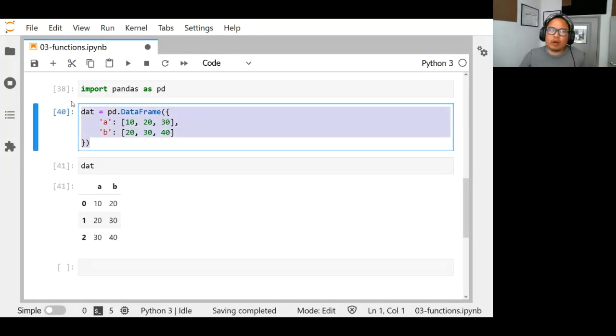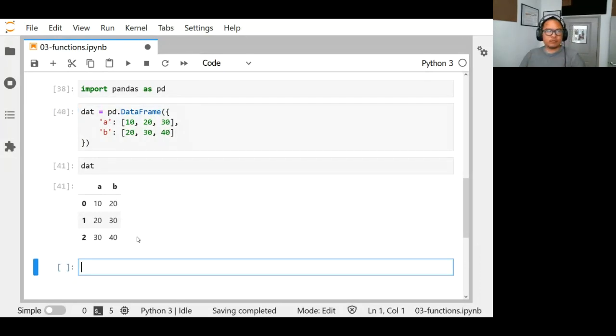It's kind of rare, depending on what part of the data pipeline you're coming from, to manually create data frames like this, but it's something you can do as you are starting to programmatically curate your data sets. So we have our data set dat. So a lot of these data sets in Python,